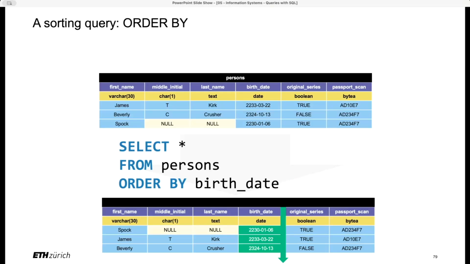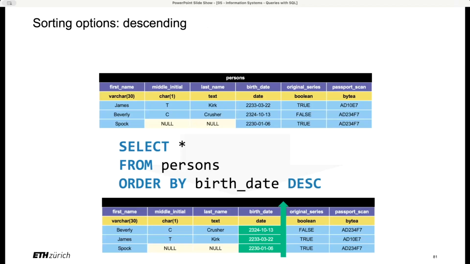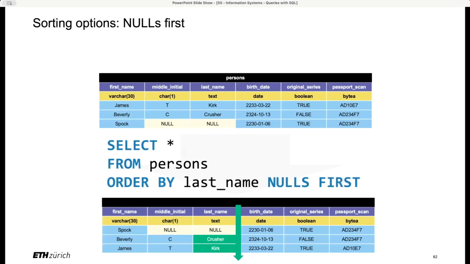Very good. Now, by default, it's ascending, right? But you can also specify it explicitly with asc. It can also be descending, right? Then you just put it the other way around. But then, whenever you have a feature like that, you also need to specify what to do with nulls, because you might have nulls in the columns. Do you consider them as the smallest or as the largest values? You want to put them first or to put them last? Well, in some languages, you say nulls are the smallest or nulls are the greatest. In SQL, we prefer to say they come first or they come last, which for our brains is easier to